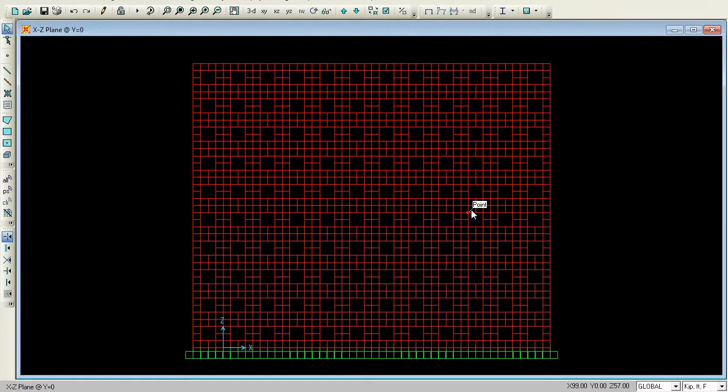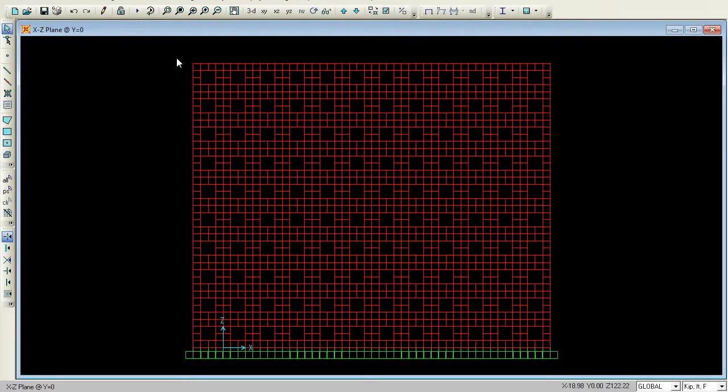Now I see that there are some earthquake loads acting on the concrete wall in this X direction. So this would be acting on the outer face. If you observe one thing, when the earthquake load is acting, whatever load is acting over here, I'm trying to break it into these areas, meaning at the joints of the walls. So here this is a joint, this is a joint, this is a joint, this is a joint, and so on. This one, this one, this one, and this one, and this one.